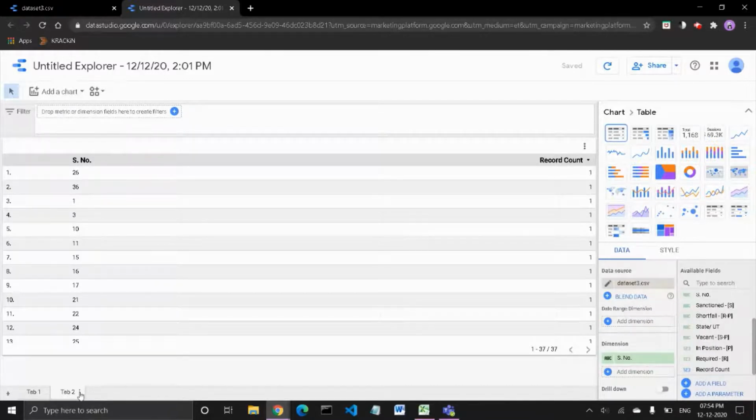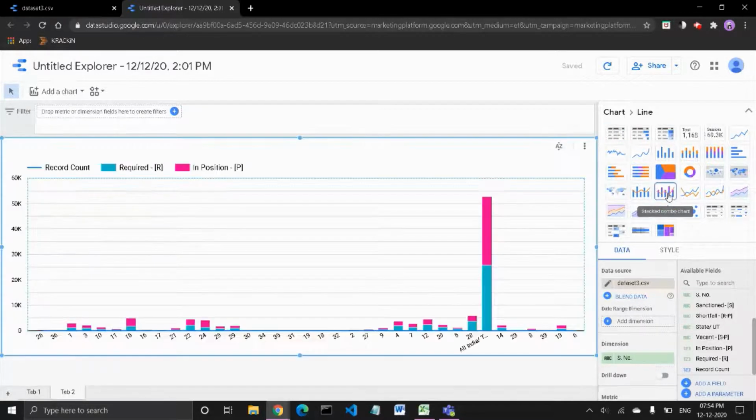There are three options here. The three dots, you will click these three dots and you'll see that there are three options: rename, duplicate and remove. Remove will remove this tab. Rename, you can rename the tab too, and you can write your own name. And duplicate will copy this tab and the graphs and the properties you have in this tab. So let us make another combo chart, and in that we'll see what are the required beds and how many beds are vacant.